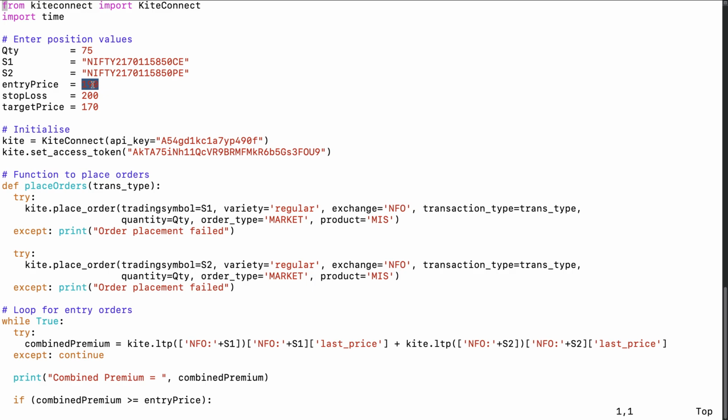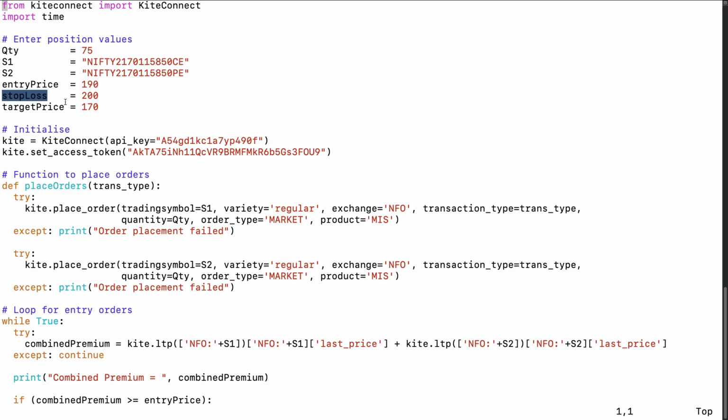Once it reaches 190 rupees, then and only then place my trades. Otherwise it will keep going back and looking at the total price. If you want to enter the position right away, irrespective of what the price is, you can just place this value as a really low number, and in the code later on we'll see how it will immediately get executed.